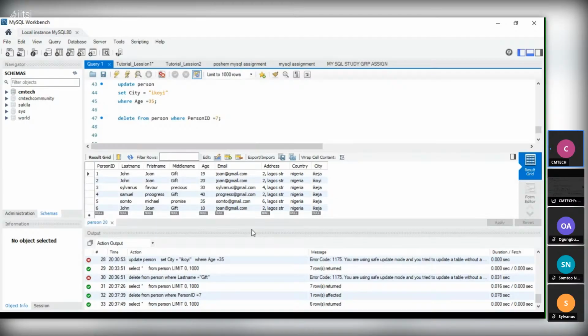My name is Chukwudike. The spelling is very long. I can just write it as Chuks, so that it will always refer to that particular name. So that is what an alias means.